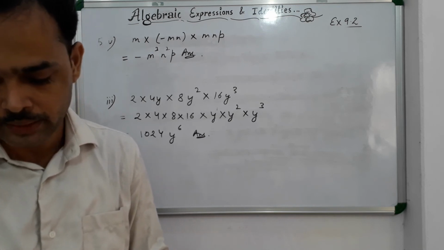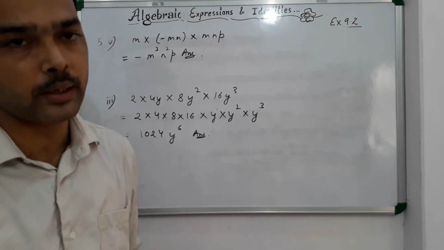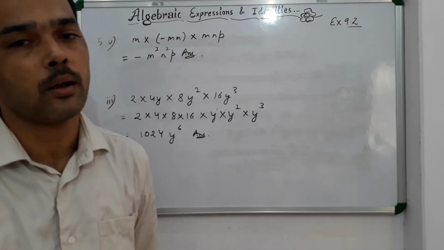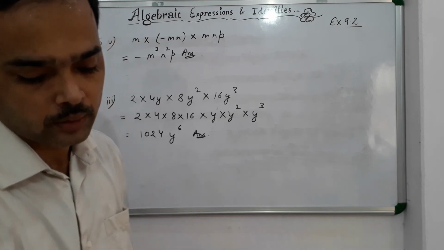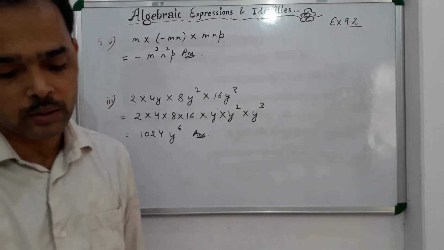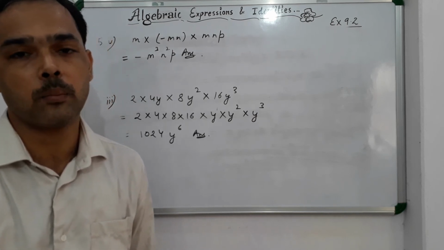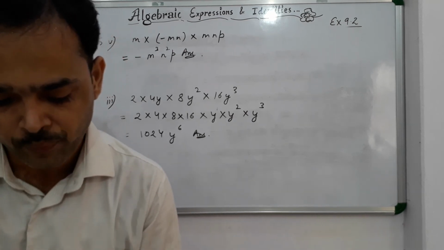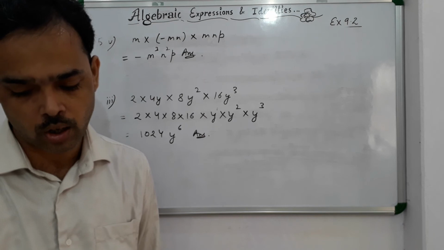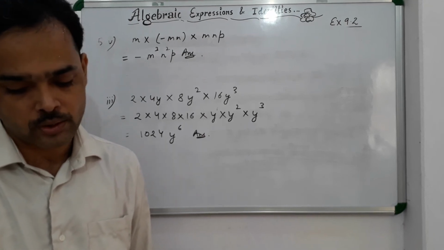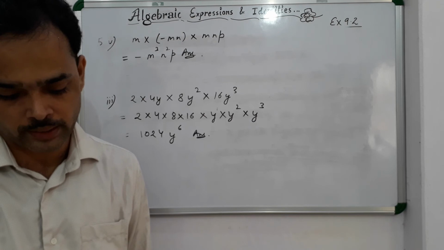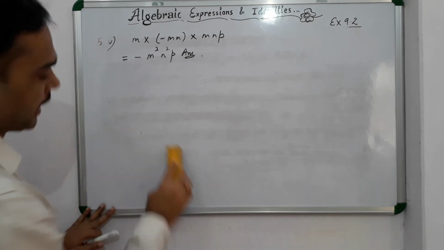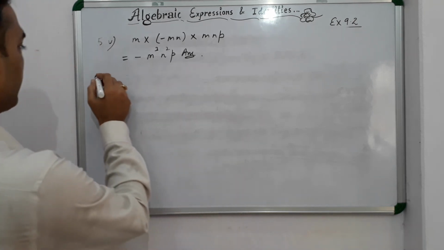So in this manner, in this particular exercise, you have done multiplication of monomial by monomial. Now in the next exercise, you will find questions where you will be multiplying a monomial by a polynomial. So let's try these on page number 145, so that you get a glimpse of how you will be doing the next exercise, and then we will move on to the next exercise.